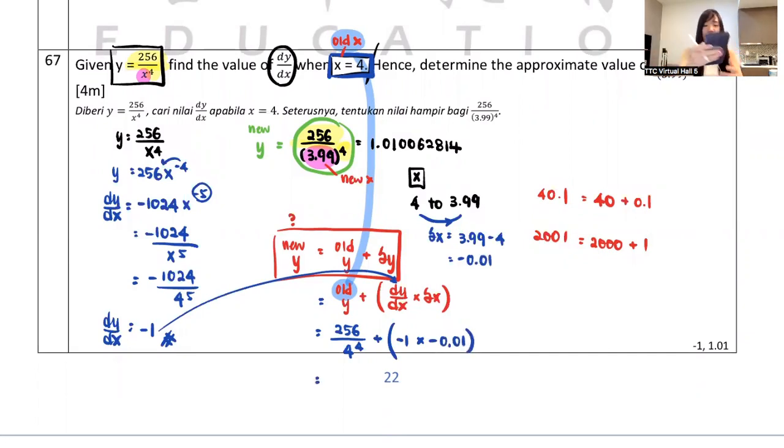Now, moment of truth. Press calculator. 256 divided by 4 power 4, okay? Plus -1 times -0.01. I press the whole thing. I got it, 1.01. And you know, I always tell my students, when you do this or you very suspect whether your